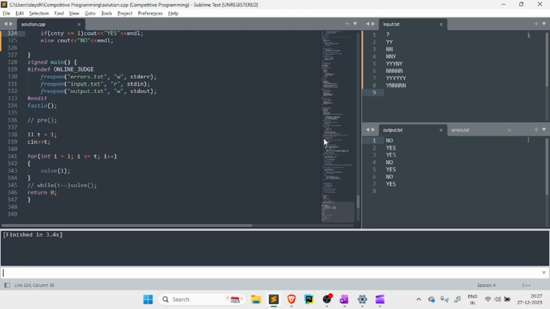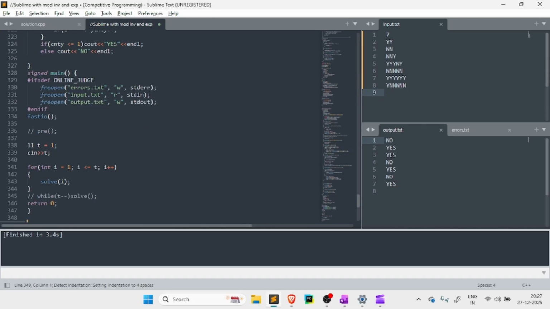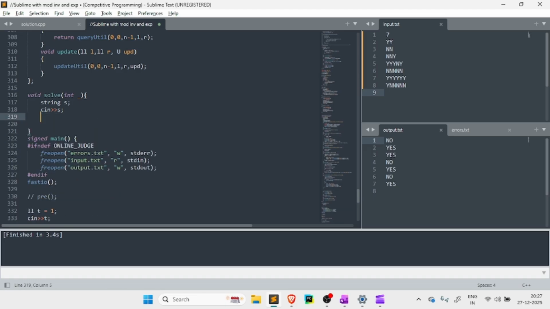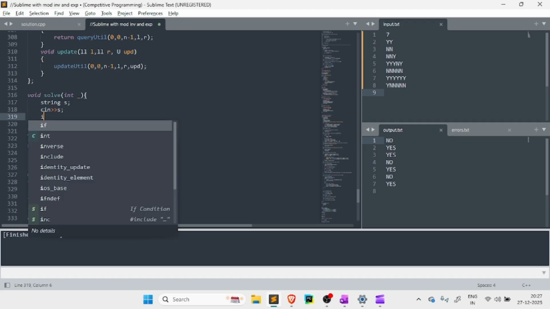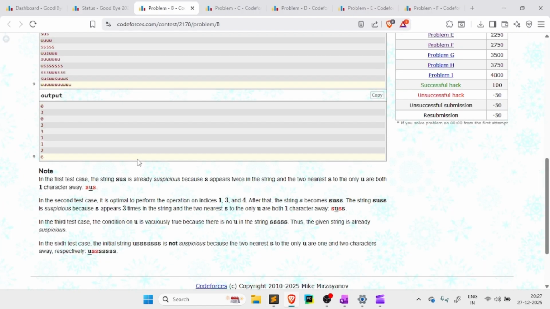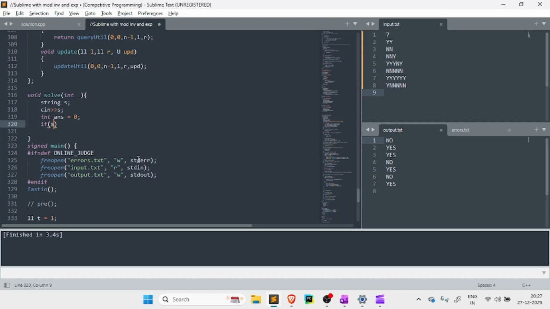Okay, let's make another file. This is always going to be at least of one size, right? Okay, it is going to always be at least of 3 size. If s of 0